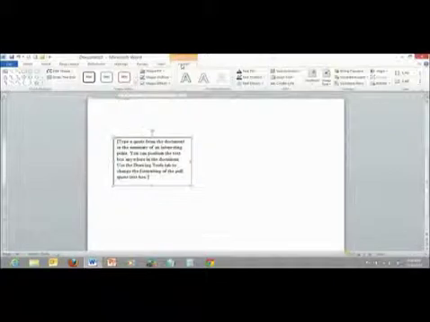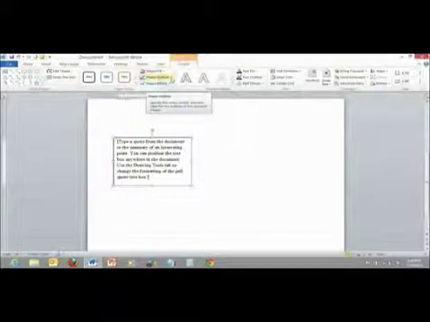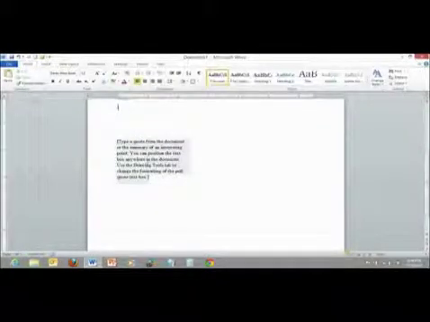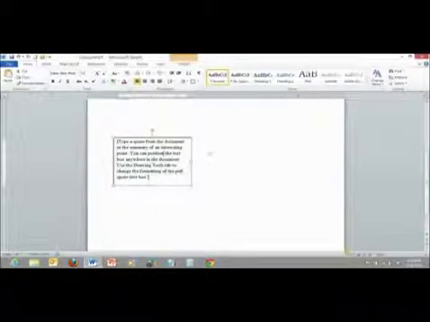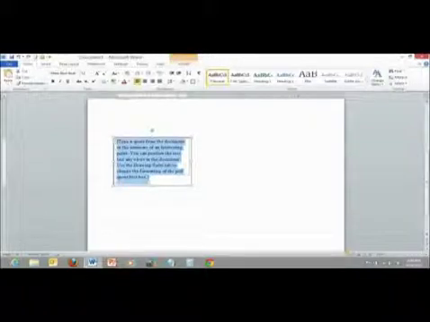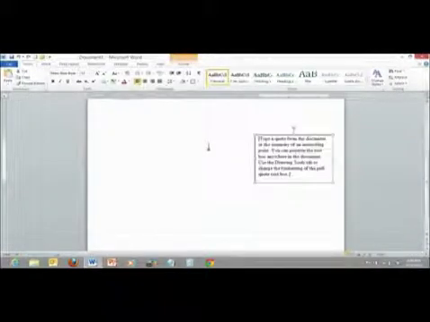You'll notice that there's some formats that come up here, and then we have the ability for shape fills and the shape outlines. Let's say I don't want a box around it. I can say no outline, for instance, and when I click off, it's not there. Otherwise, if I click off, it's got a square. And of course, if I just type in here, I can actually replace my data in there. Okay, so